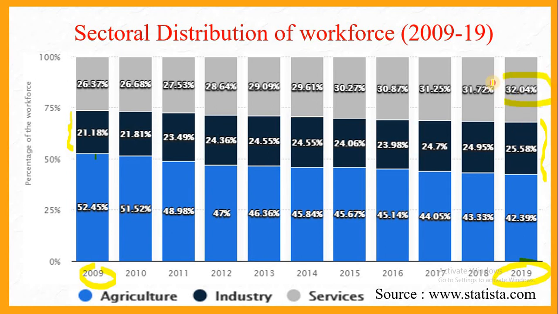32% in service sector. Service sector is teaching, healthcare, or journalism, or a painter, a cinema. These are all examples, entertainment. These are all examples of service sector. So therefore, you can see that the agriculture sector has been reducing in terms of number of people who are working in agriculture sector. It is reducing. Service sector, the number of people working in service sector is increasing, in fact.